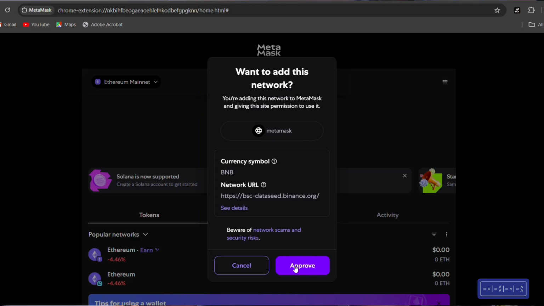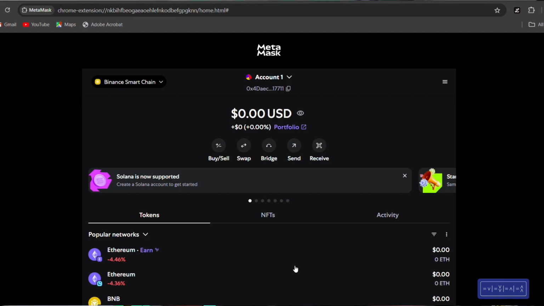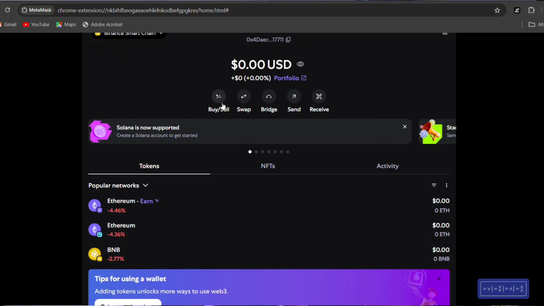And here you could just approve. It's going to add the blockchain into your wallet. And now if you look at the left top side of the wallet, you can see that we are now in Binance Smart Chain and not in Ethereum. You could always switch. And here we have zero balance because we have no coins at the moment in this wallet. And you could just choose whether you want to buy through this platform. You could either buy, swap from one coin to another, bridge, which means from one blockchain to another, send, or receive